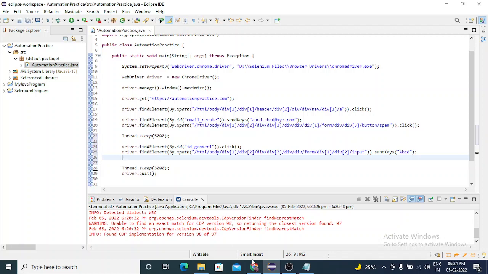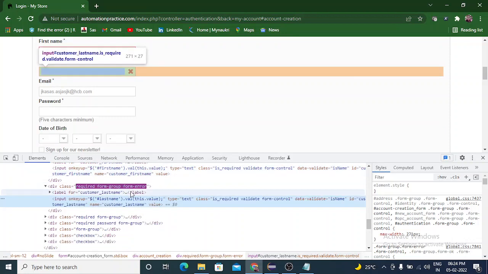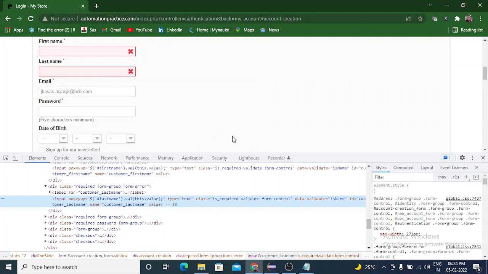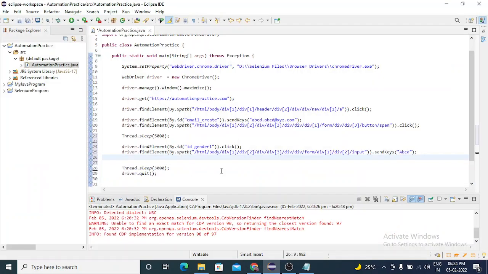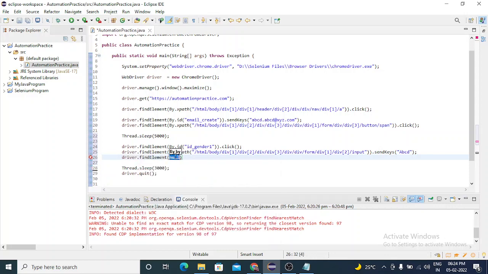Then our next element is last name. Inspect that, copy the full XPath, driver dot find element by XPath. Don't copy this code and paste it again, only changing the XPath. Don't do that in the initial stage, because you need to understand how to write the program.